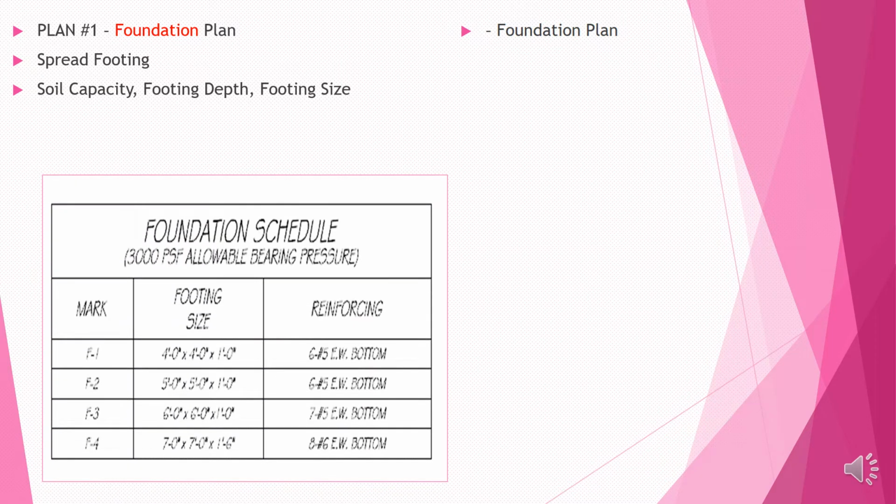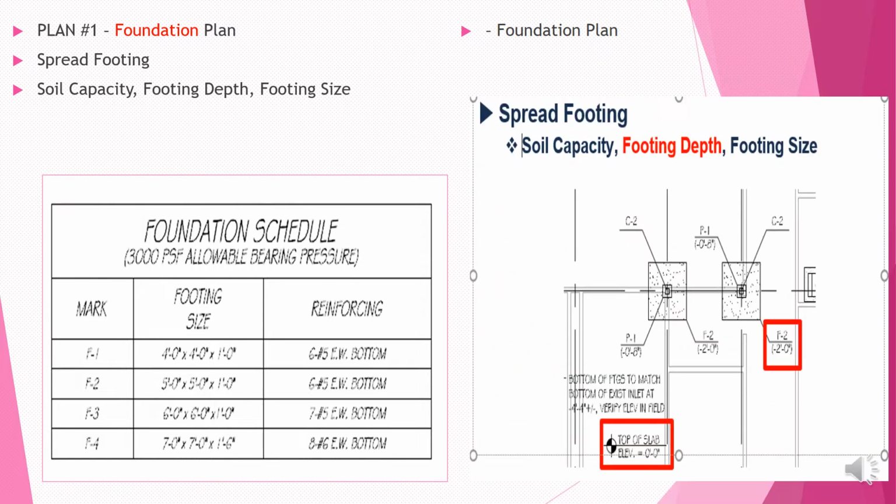What is meant by foundation plan? Here you can see the foundation plan, which shows the foundation sizes, the location, the level, etc. It will have a foundation schedule of the reinforcement. If there is a foundation number F1, what will be the sizes and what is the reinforcement; it goes on mentioning like that, which is known as the foundation schedule. This is also a part of the structural drawing.